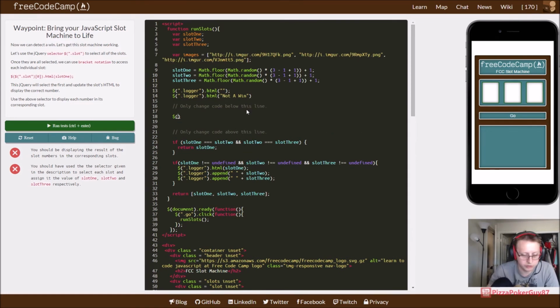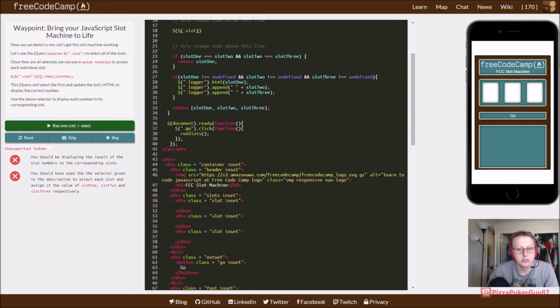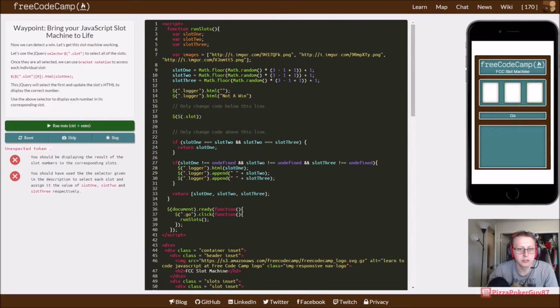Okay, so we want to select the HTML variable. And the way they give us an example here, we want to select the dot slot class. So you can see right here, these are all dot slot. And we're actually going to select a certain one. We're going to select the first one, which we'll do with that. And then the dot HTML,